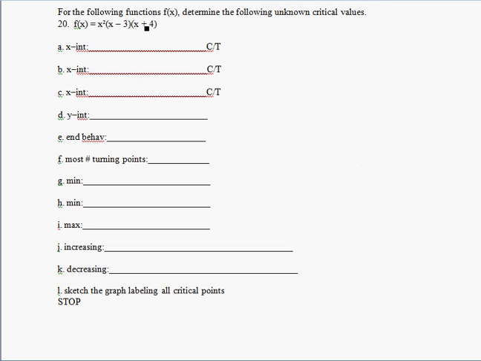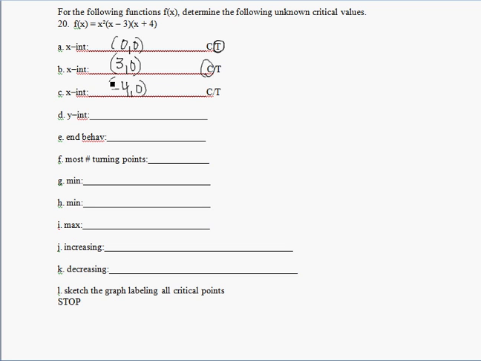Okay, so here's a polynomial function, and we want to answer all these questions here. Our x-intercepts are determined by the factors, so my first x-intercept is at x squared. So that's just going to be at the origin, (0, 0). And since it's an even root or even power, it's an even multiplicity, so it touches, so we circle the t. The next intercept is at (3, 0), and since it's an odd root, it crosses,